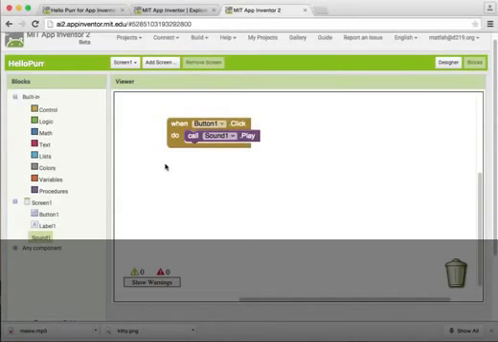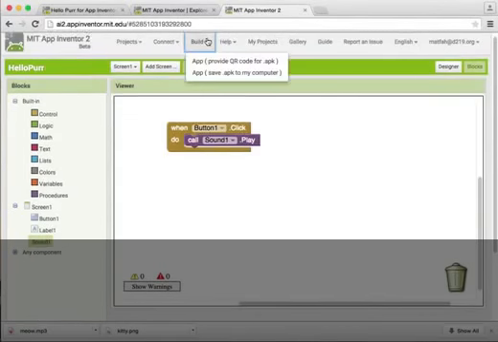So now the only way to run it is one of 2 ways. One is if you have an Android device, you can actually get it to run on your Android device and in your hand and see what it does. To do that, you're going to have to go under the Build settings and use the